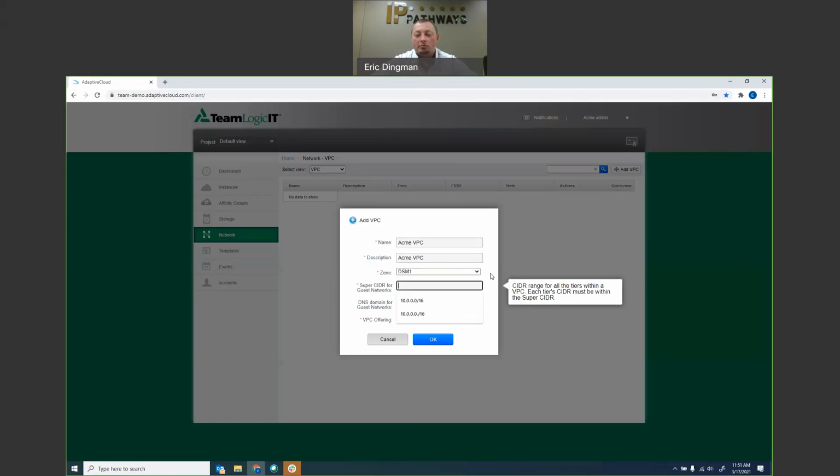Super CIDR, this is going to be the start of our networking and the overall CIDR for our entire environment. All of our tiers or guest networks underneath this just have to live underneath that CIDR as we create additional networks under there, which get their own CIDR. But it all has to live under this, as this is creating this virtual router, which is going to be the start of our environment here. So I'm going to select something like this,